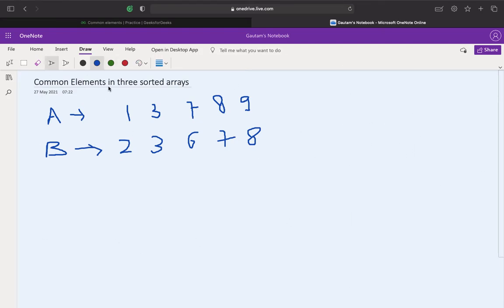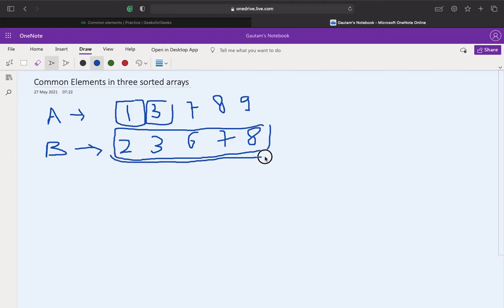Let us think. So basically our naive solution would be to start with this element and check this element in the whole array. If it is present, we'll print that this element is an intersection of both the arrays, and again start for this one and iterate through the whole array, again start for this one and iterate through the whole array, and keep on printing if the element is present in the second array. So talking about this approach, it will be of O of n square if we follow this approach.